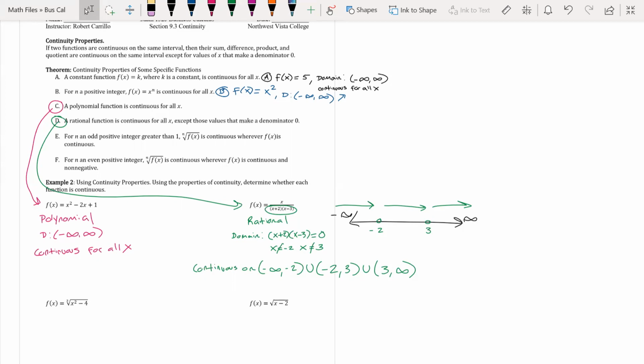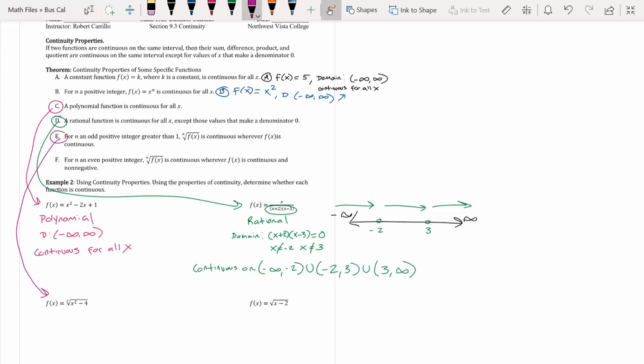Okay, now let's go for E. For n, an odd positive integer greater than 1, the nth root of f of x is continuous wherever f of x is continuous. So E, the property E belongs to odd rooted functions. So the cube root, the fifth root, the seventh root, the ninth root, any odd number. So if you ever have an odd root, you are continuous where the inside function is continuous at. So if we apply E